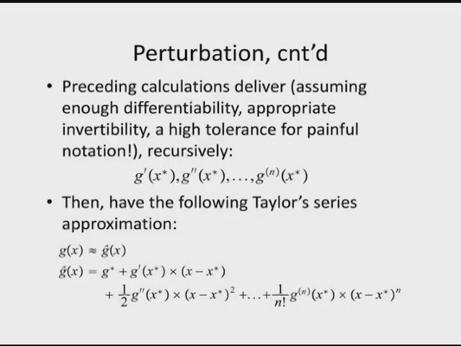I blotted out, I think you have on your slides, a big circle slide, which gives you an illustration of the implicit function theorem, which I'm not going to talk about. You could look at it, and you can get a feel for what these invertibility conditions involve. So by applying this sequentially, you can get first G prime, then G double prime, and so on. And now Mr. Taylor steps into the picture with the observation that this G prime of x, under the